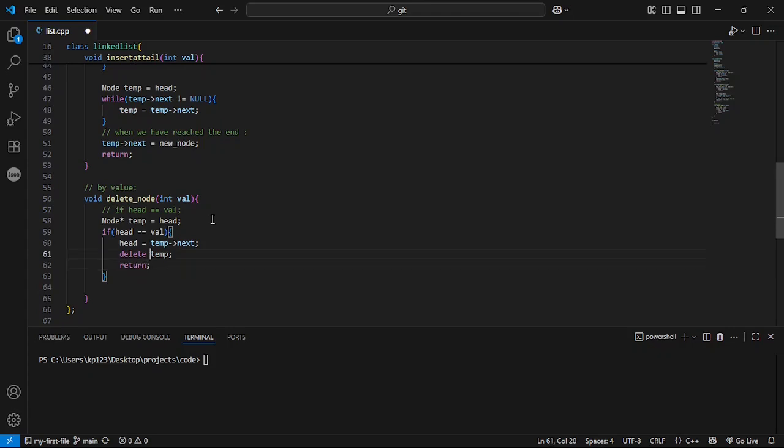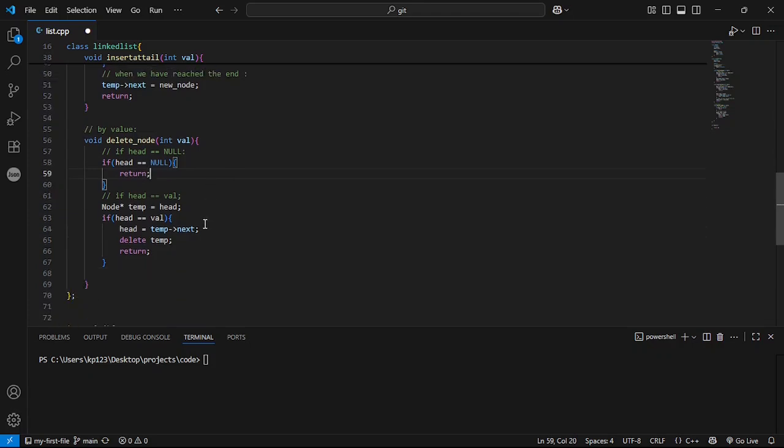Or if our linked list is empty, what we will be doing is just returning, because there is no value to be deleted.